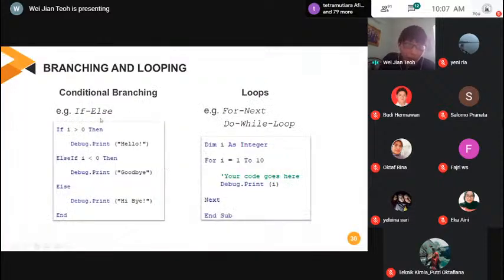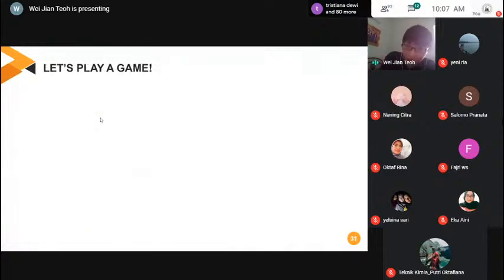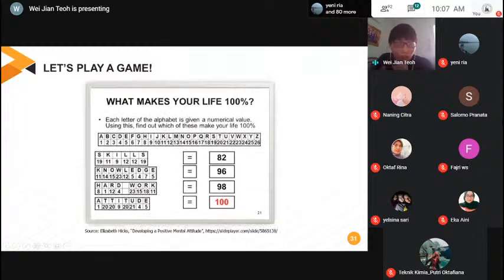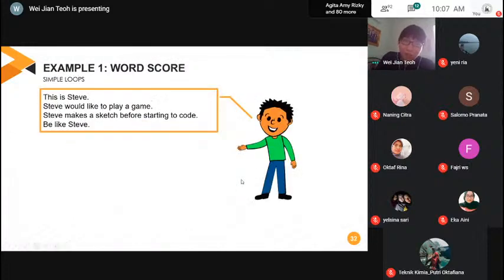Okay, so this one, if else, will be shown later because it's more complicated. So just to give a simple introduction, let's play a game. Have you guys seen this kind of motivational poster before? It says, if you want to get 100%, you have to have certain skills or knowledge or hard work. But finally, the answer is attitude. So this is the answer that we want to get. So can we do some Excel programming to help me calculate the score for each word? And then we can find out which word we get 100. Yeah. But before we jump into VBA, it's better to make a sketch of what we want to do. So let's say I have the word attitude.